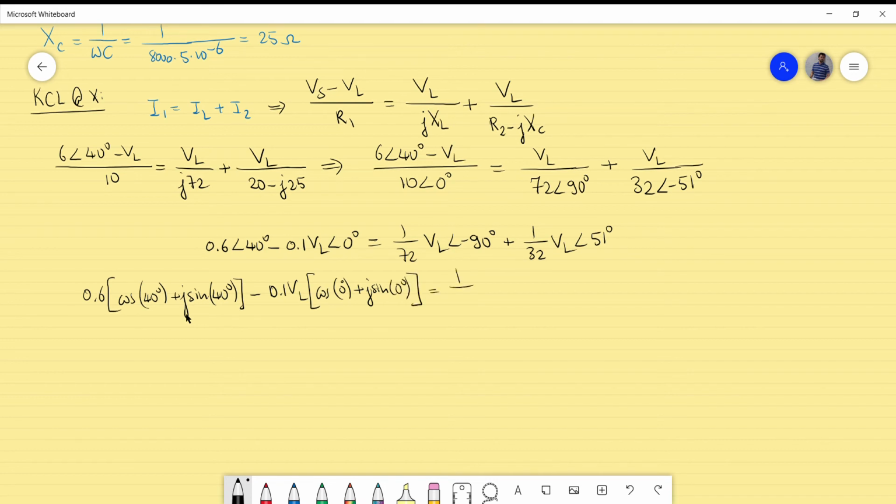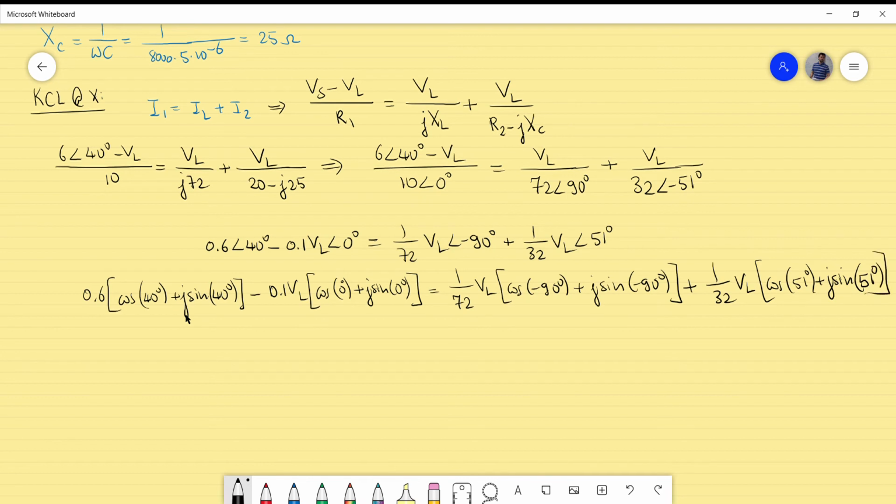And for the other ones on the right side, the first term will be 1 over 72 times VL, and it will be the cosine of minus 90 degrees plus J sine of minus 90 degrees. And for the last one, 1 over 32 times VL, and you will take the cosine of 51 degrees plus J sine of 51 degrees. And that's actually for the final one. If you now calculate all these sine and cosine terms, and you multiply by the 0.6 and all those terms outside the brackets,